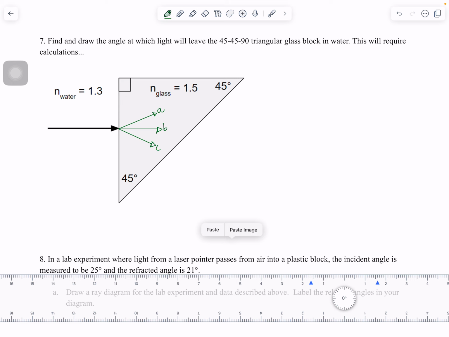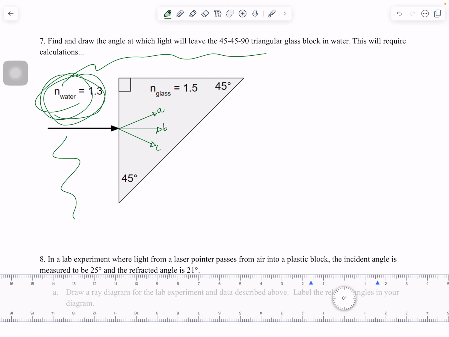So we've got N water. So we've got water, water's all around. And we have this glass block. And so for the first, going from water to glass, I want to know what general direction is the ray going to go, A, B, or C? And the answer is it's going to go B because it's going to go straight through. Again, my theta 1 is equal to 0 degrees, and the sine of 0 is 0, so that means